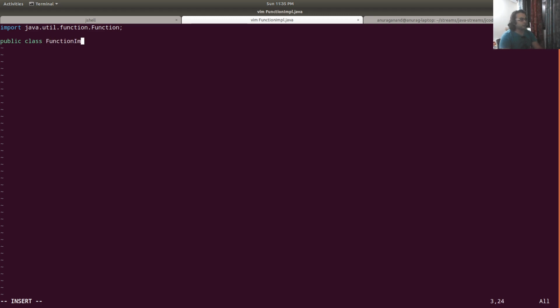The class is FunctionImpl. So what are the ways in which we can implement this function? In our function, what should we do? For example,